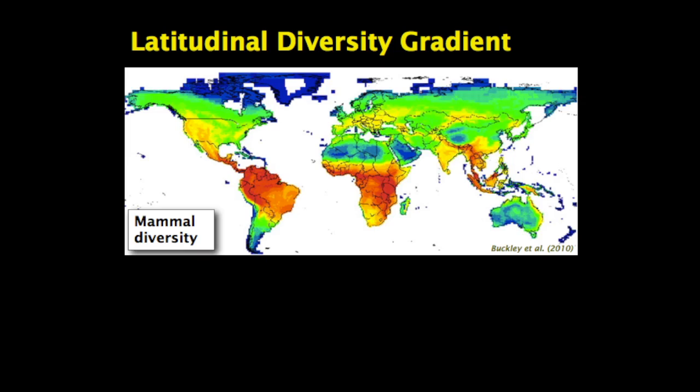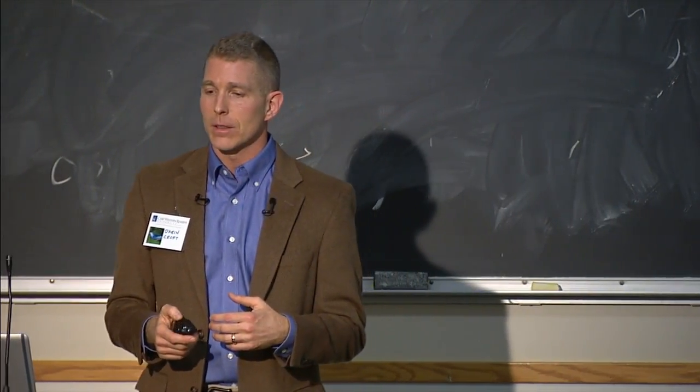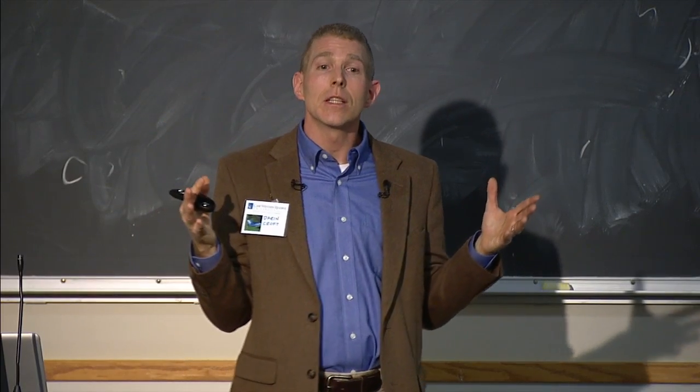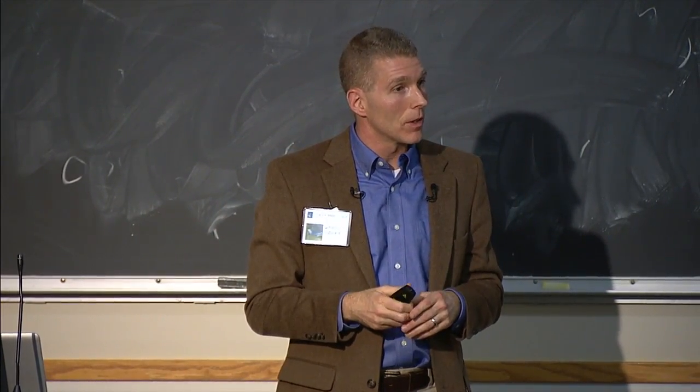This is a heat map of modern mammal diversity. Cold colors, such as blue, indicate relatively low numbers of species. Warm colors indicate higher numbers of species. And you can see the pattern here. It increases as we go towards the equator. The $65,000 question, maybe $65 million question, is why is that? And this has been debated for as long as people have recognized this pattern. One possibility is that we get greater origination rates in the tropics, so that after millions of years, you're accumulating more species there than in other areas.